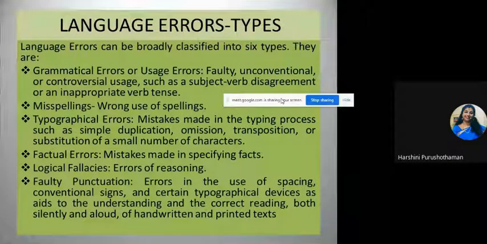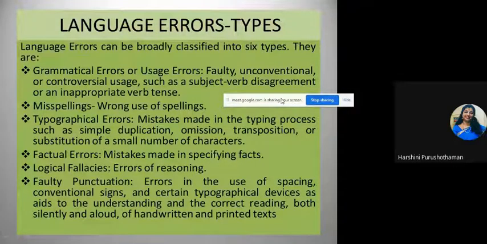Then misspellings, wrong use of spelling. Maybe you don't know a particular spelling and you just put it thinking that it will be right, but later it will show that it's a wrong spelling. And then typographical errors. Most of the documents are typed nowadays. Nobody does handwritten documents nowadays. So typographical errors are bound to occur.